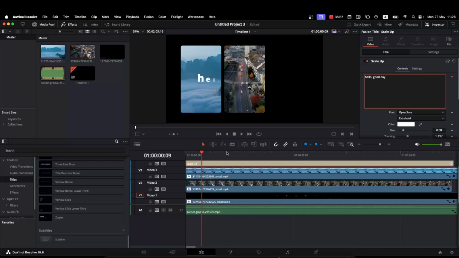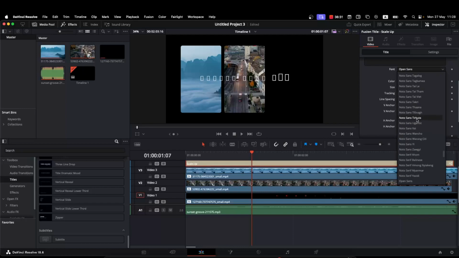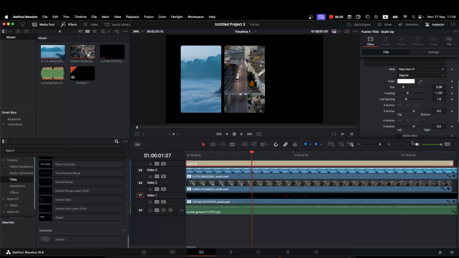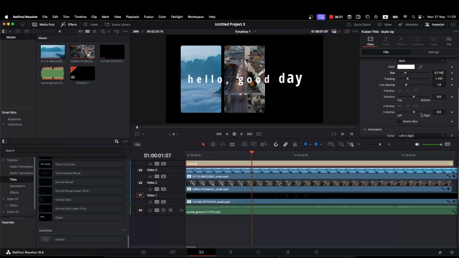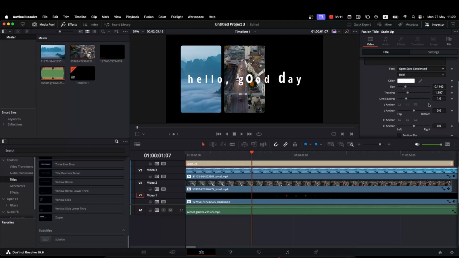Let's write it down just like so. And now you can change the font to anything you like. Make it bold or light, change the size, tracking, color, and position. So left to right are, this is for the effect. But basically, if you want to change